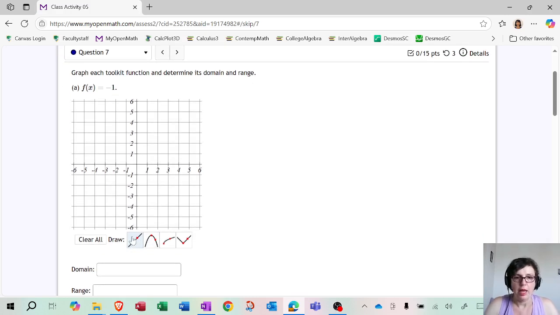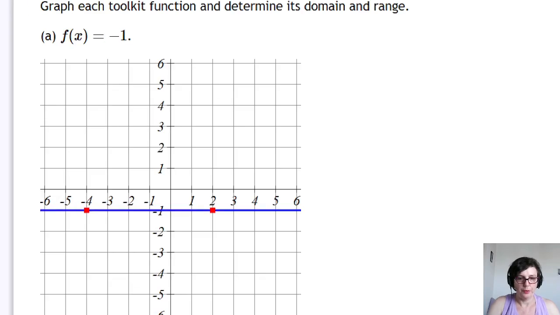This is a line. And just take any 2 points that have the y coordinate equal -1. So for example, (-4, -1), and let's say (2, -1). Okay, now to determine the domain and range, let's focus on this. So let's take a look closer. What is the domain? So the domain would be basically we're going from the left to the right. So it's a horizontal extent of the graph. So really we are going all the way to the left to all the way to the right. So looks like the domain is going to be -infinity to infinity.